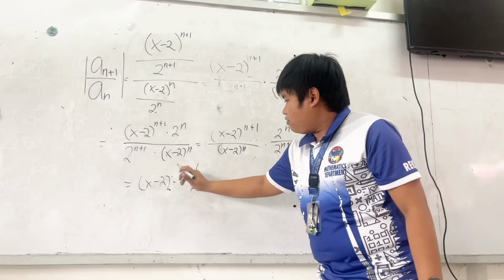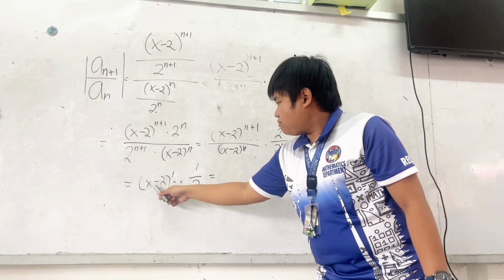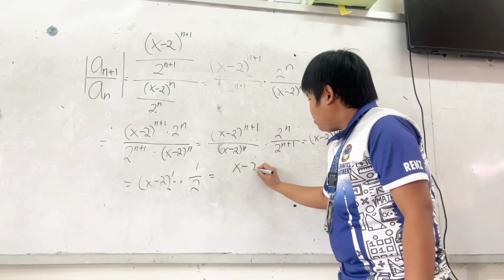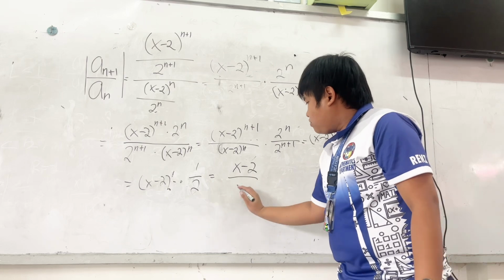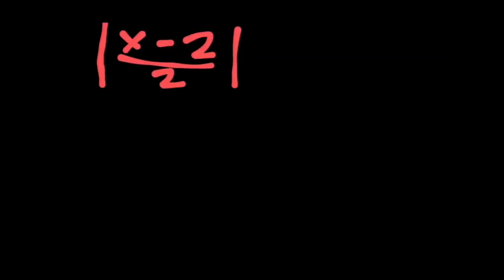So this one is value 1 only. In order for us to find the given value, the quantity of x minus 2 times 1, we're going to have x minus 2 all over this part. Since we get an answer of absolute value x minus 2 over 2 from the given series, the next step